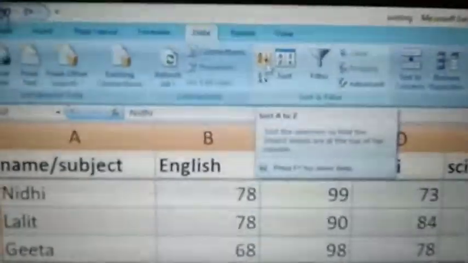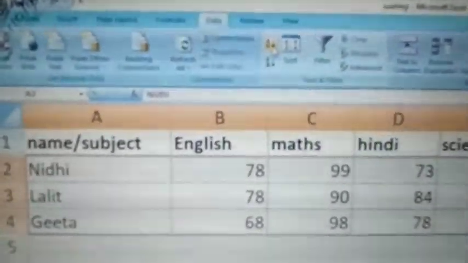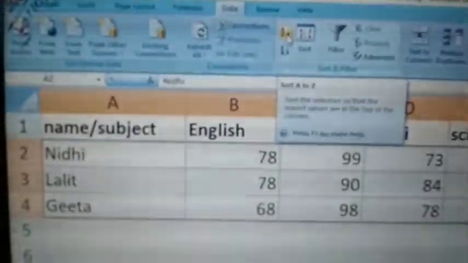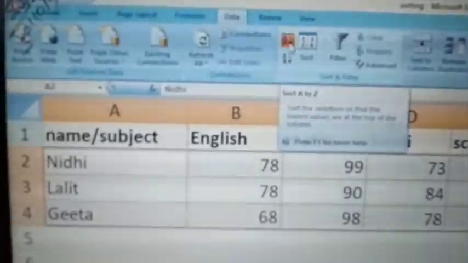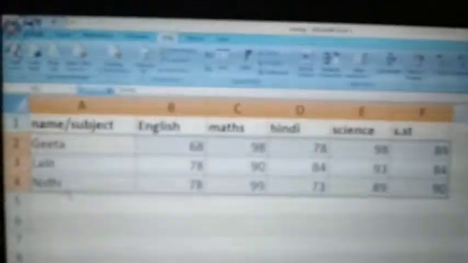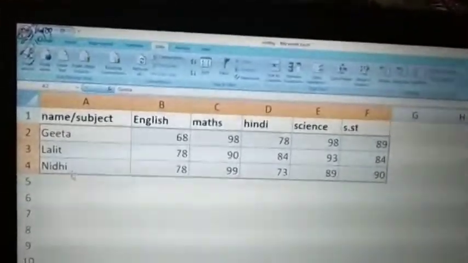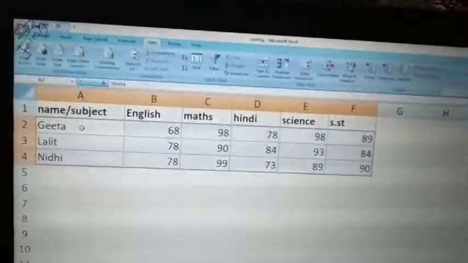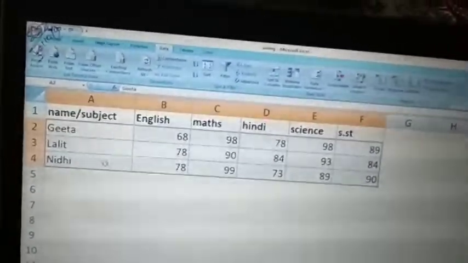Suppose we want increasing order, so what will happen if we click here at A to Z? So Geeta will come first. See, now see. Geeta is coming first, then Lalit, then Nidhi, right? So this is the way through which we can arrange the records in ascending or descending order.